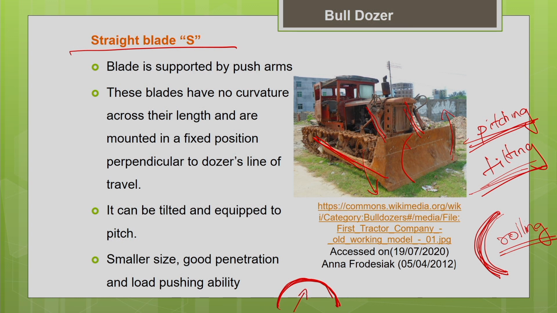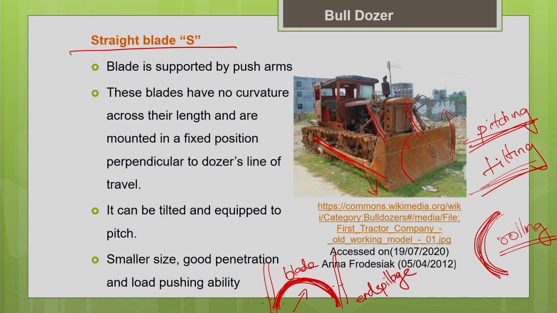Okay, material will be contained inside, and you can reduce the spillage of material at the ends. Always, when the dozer blade is pushing, there will be some spillage of material at both the ends of the blade. Say this is the blade, at both the ends there will be some end spillage. To reduce the end spillage, some blades have curvature in the horizontal plane also, that is along its length. So in the length also you have a curvature.